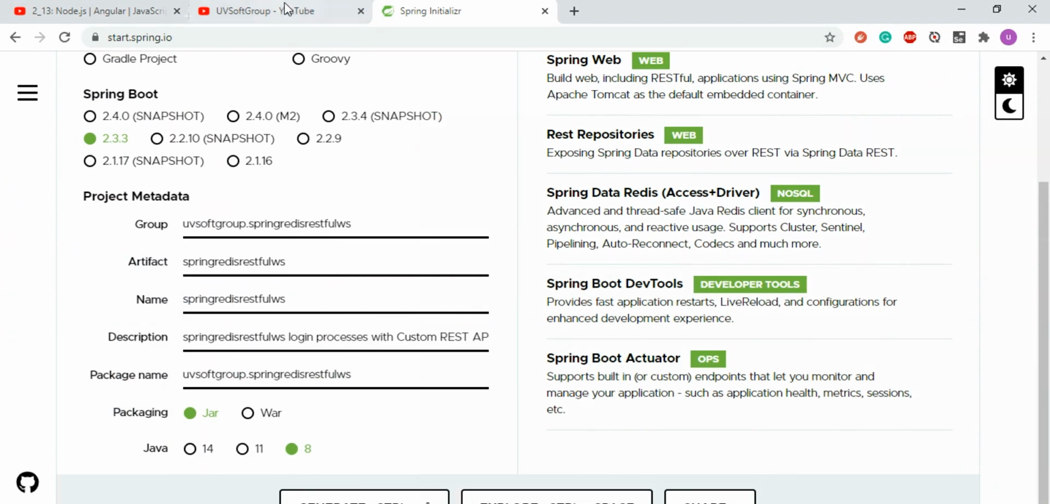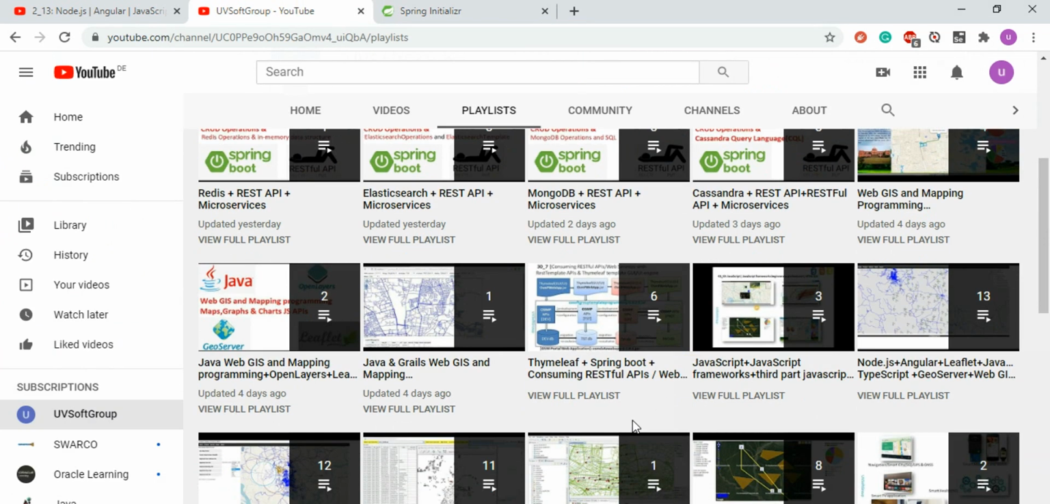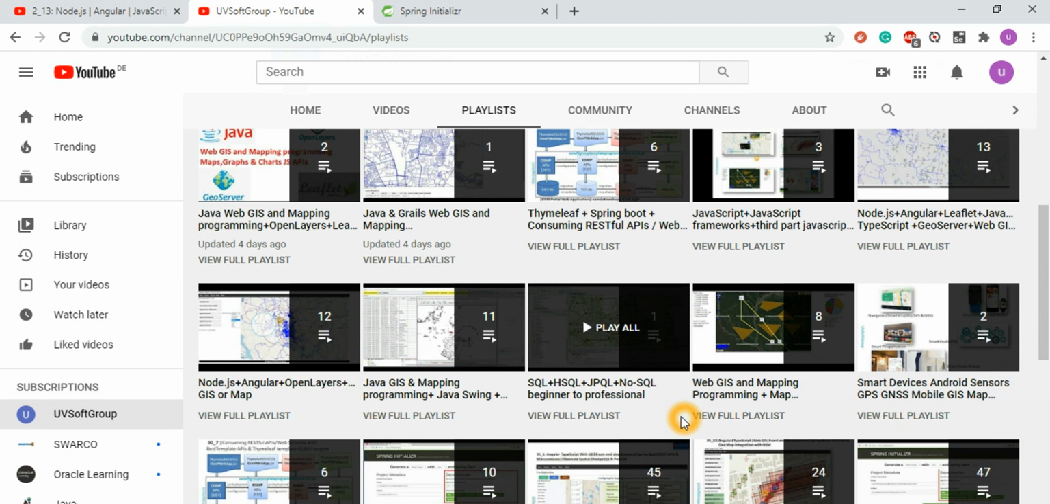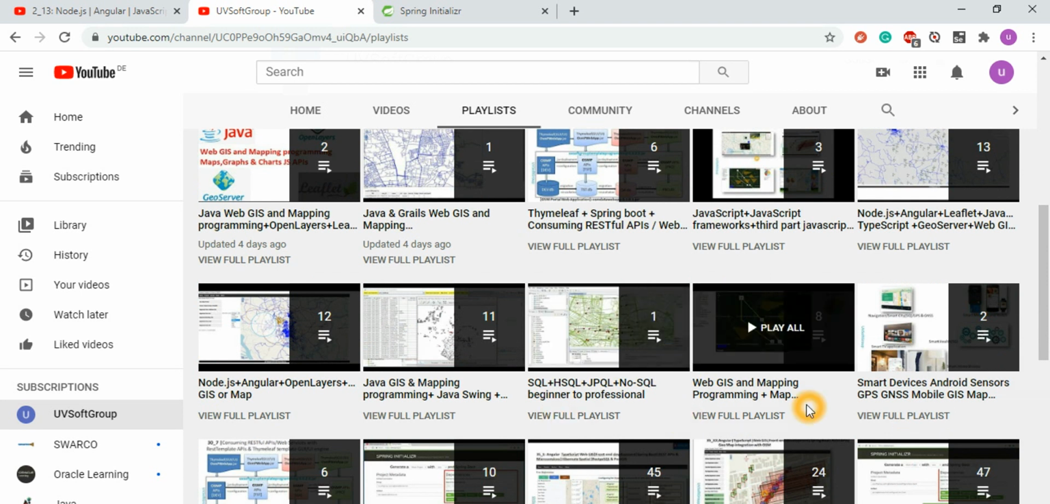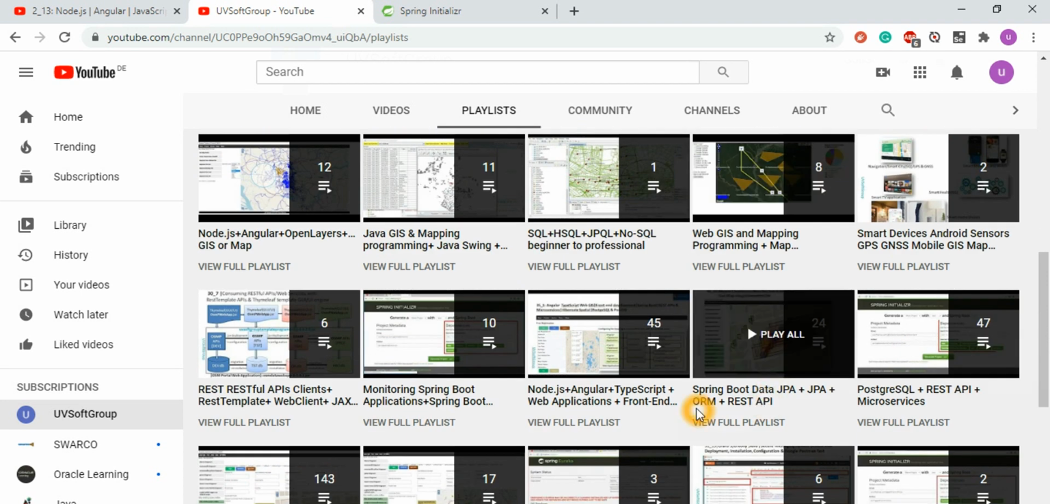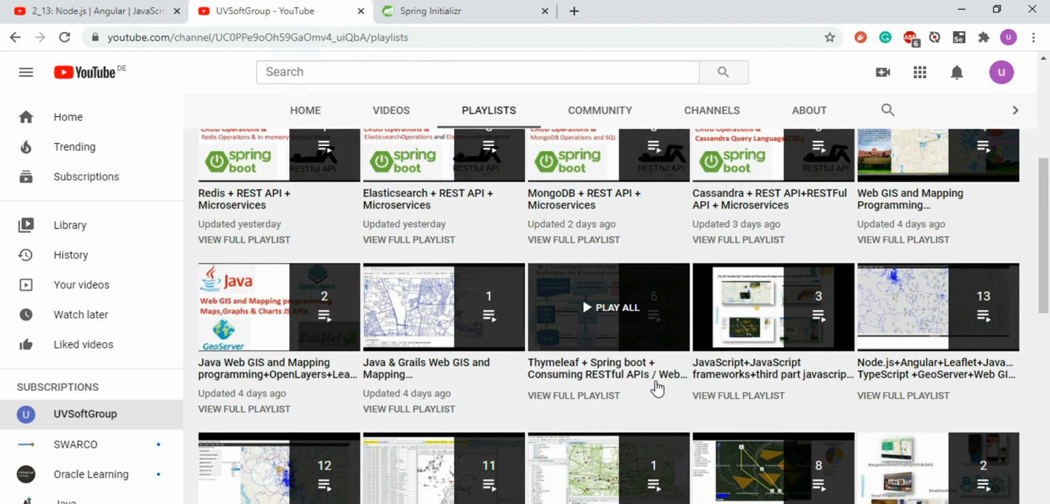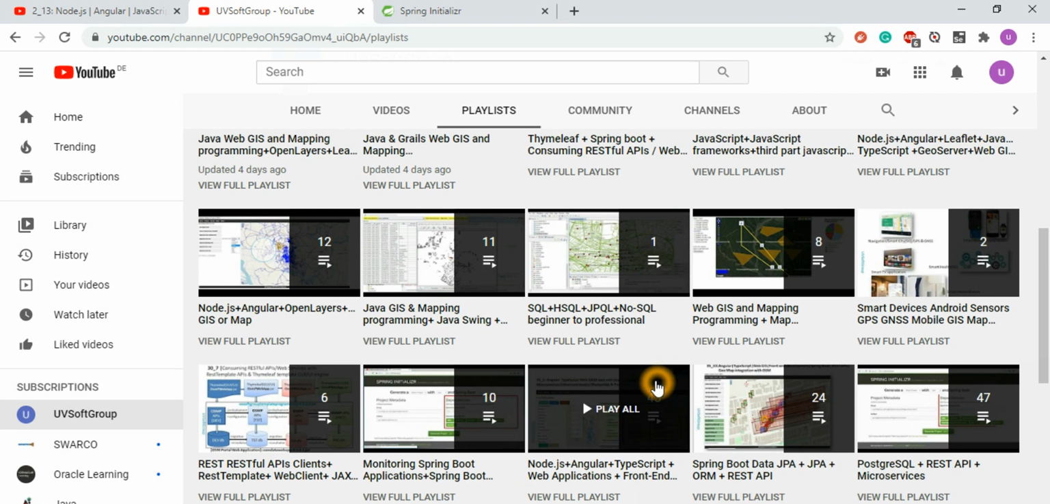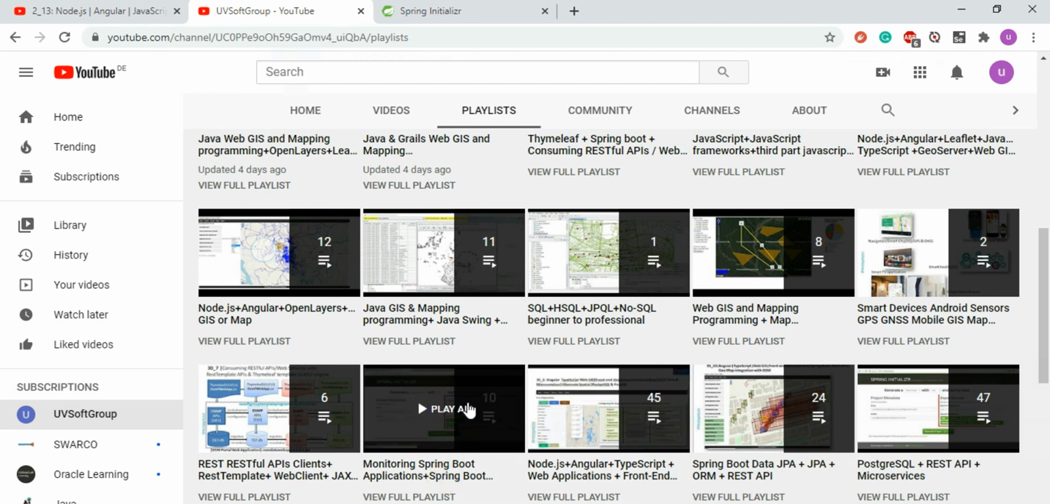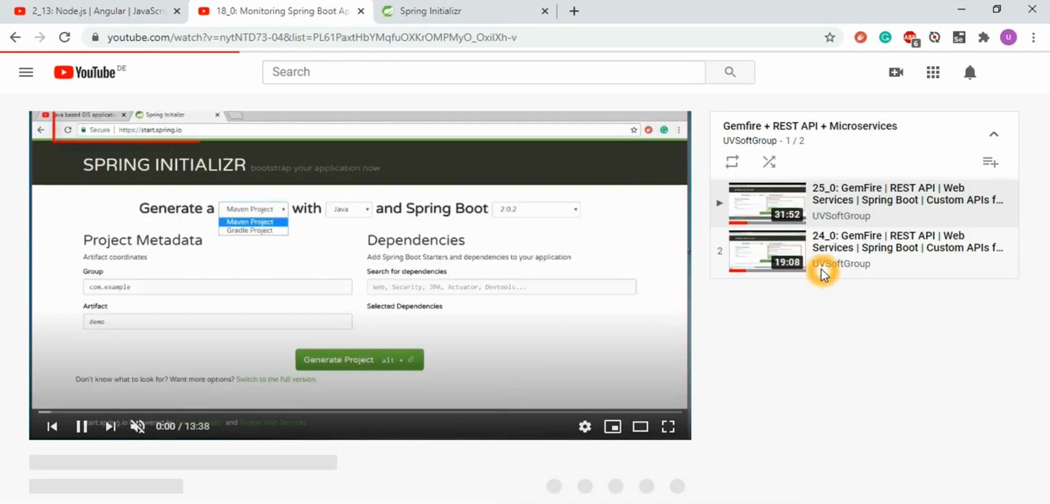This is the screencast on monitoring. Micrometer, playlist Spring Boot. This is the screencast number. So you can go, this is the